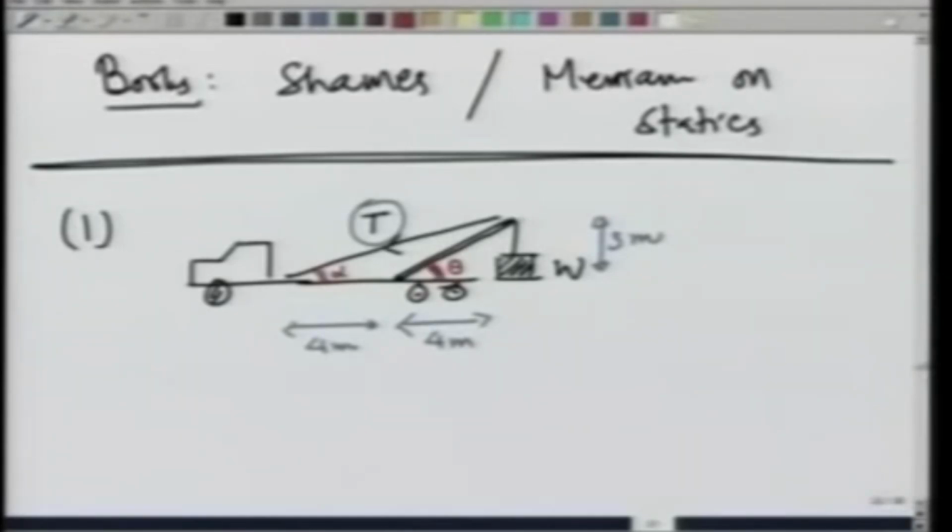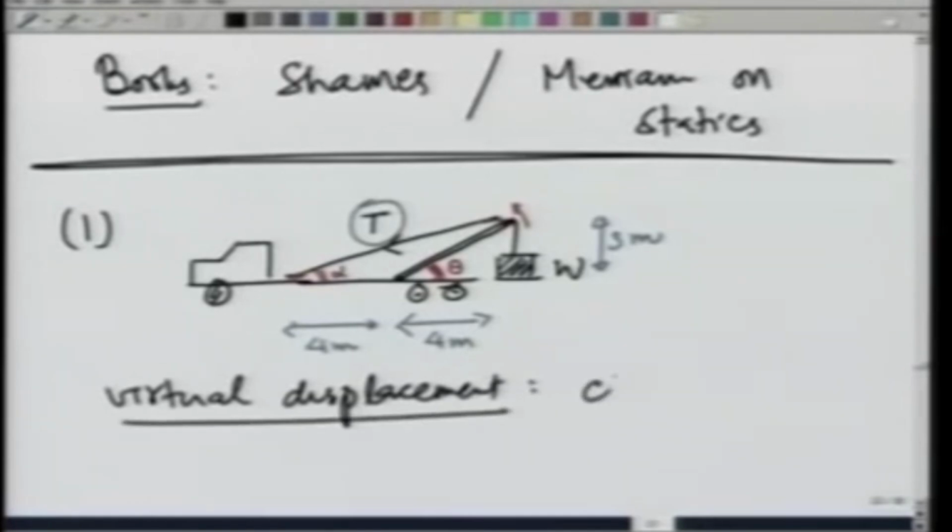As you pull this rope in, this system is going to move like this. So, virtual displacement is going to be change in theta,